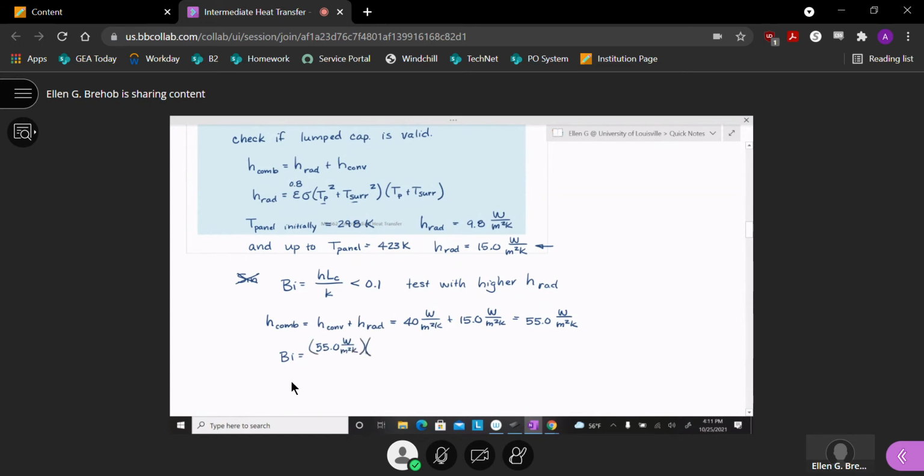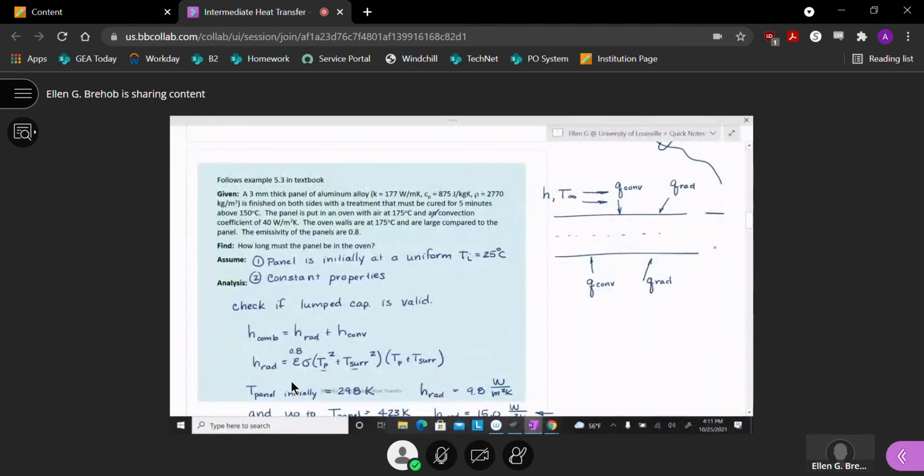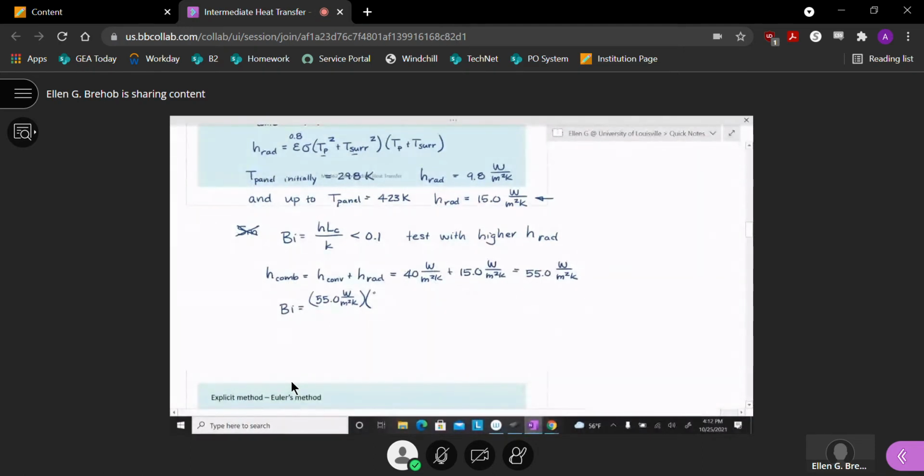Characteristic length. Our full dimension here is 3 millimeters. But we're cooling it from both faces. So the characteristic length is really going to be half of that distance. And the thermal conductivity given